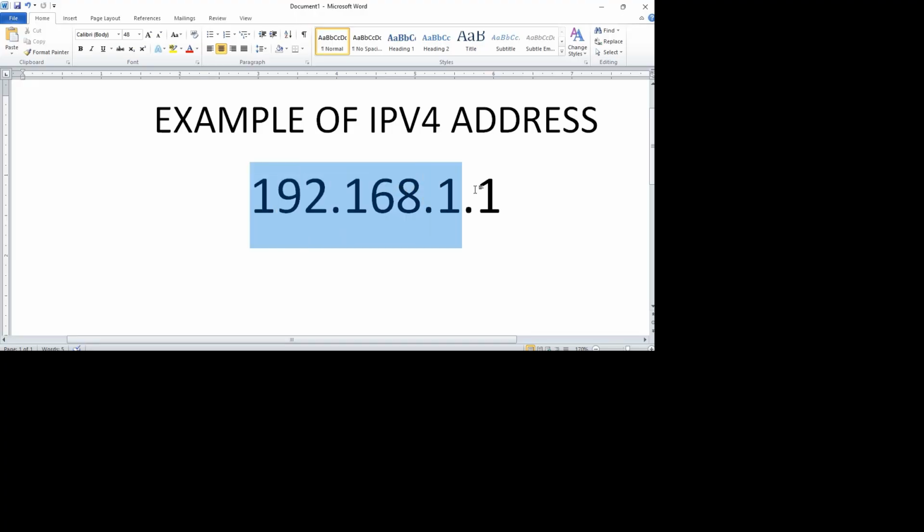So this is an example of an IPv4 address. IPv4 is a 32-bit address in dotted decimal format consisting of 4 numbers. These 4 numbers, as you can see, each range, for example this 192, from 0 to 255, and the numbers are separated by a period. As you can see, every number is separated by a period,